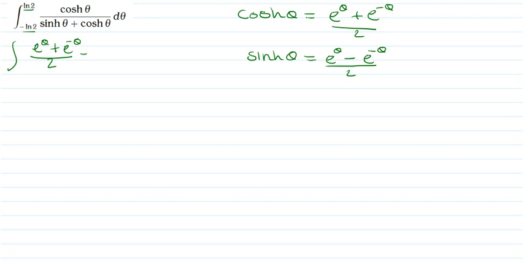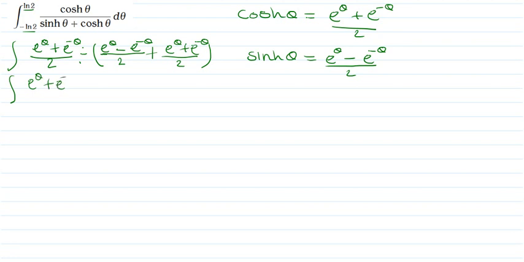Then we divide this by sinh theta, which is equal to e to the power theta minus e to the power negative theta, everything over 2, plus e to the power theta plus e to the power negative theta over 2. So simplifying this, we're going to have the integral of e to the power theta plus